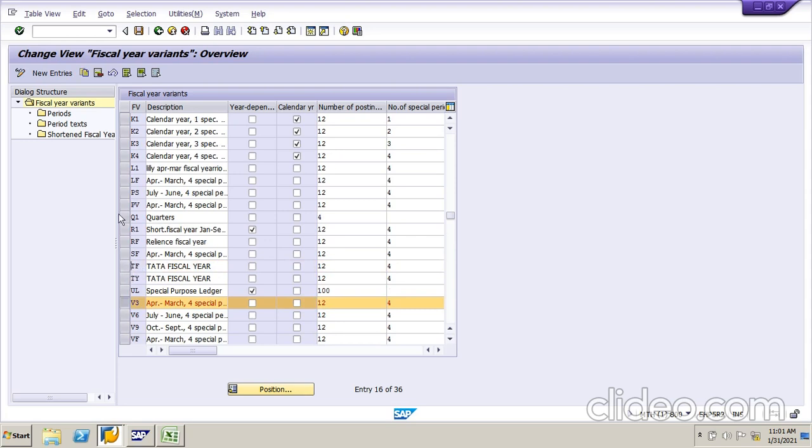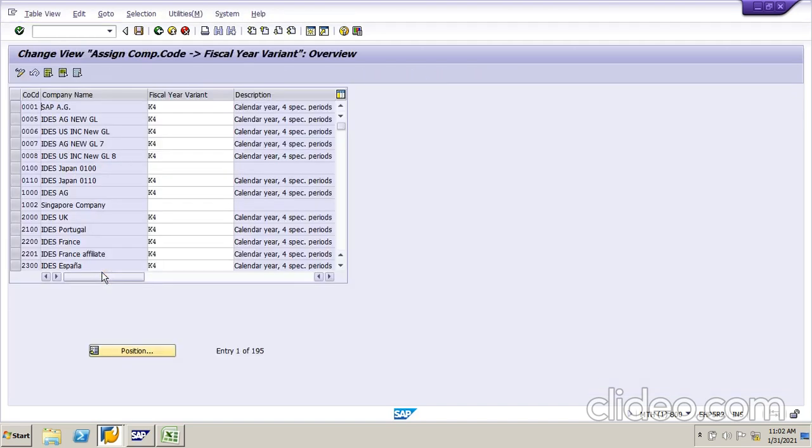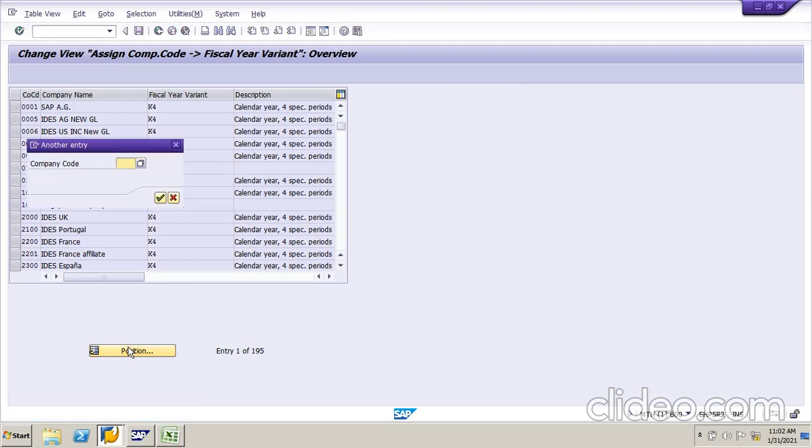Okay, so come back. Next one, Assign Company Code to Fiscal Year Variant. V3 is already there from April to March, so we have to assign it to our company code. Our company also follows the same rule, April to March, so I am going to assign V3. First click on Position, just give your company code.